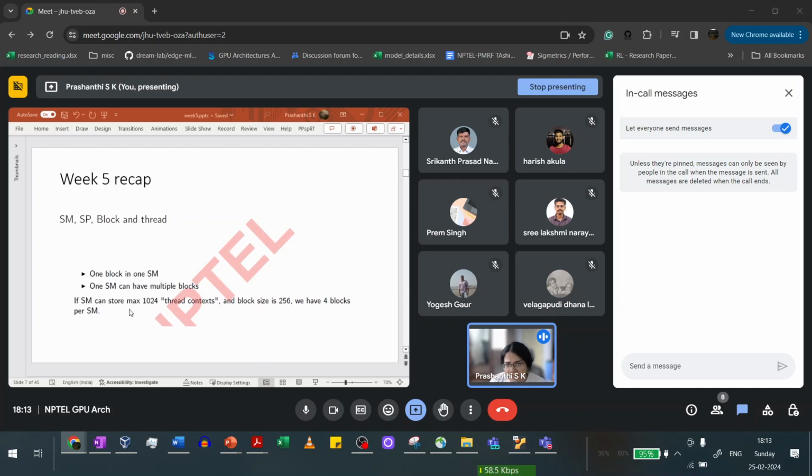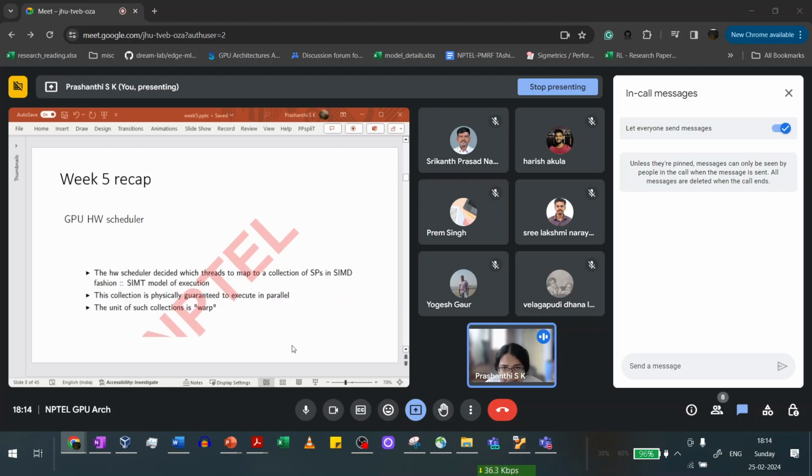Some of these constraints come in from a hardware perspective, so they may change from one architecture to another. Here we are given an example constraint that an SM can store a maximum of 1024 thread contexts and the block size is 256. Then we end up with 4 blocks per SM,